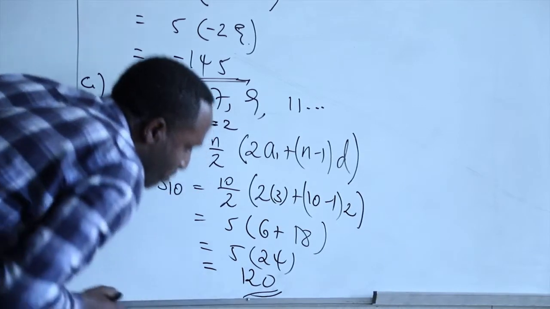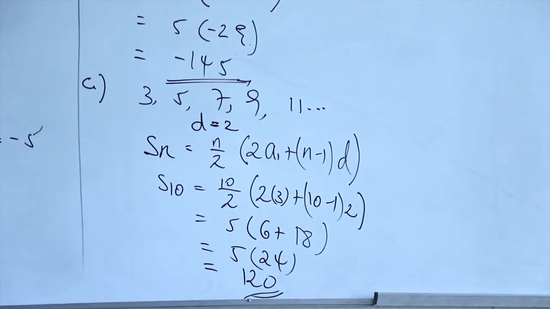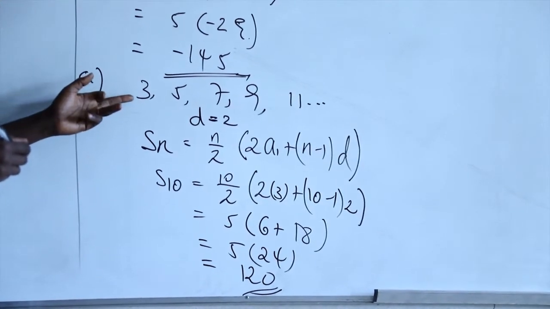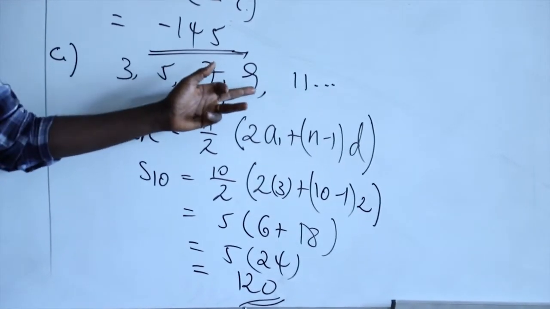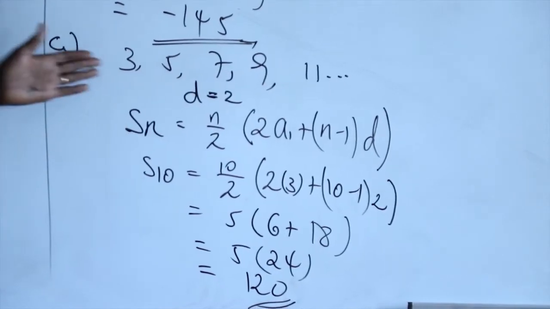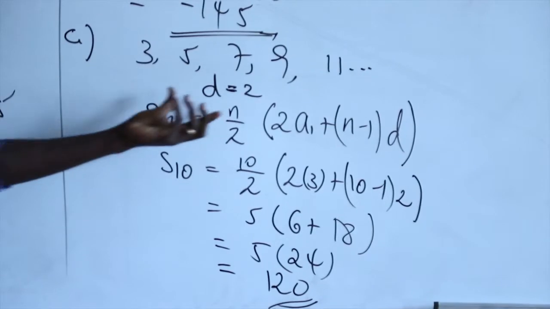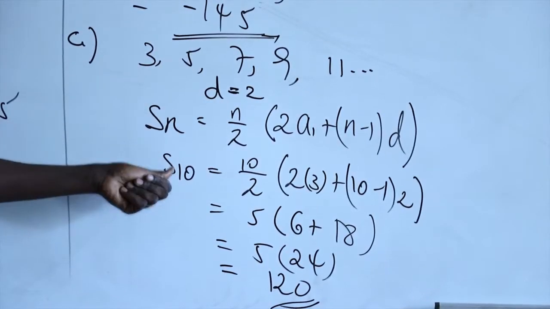So our answer, the sum of the first 10 terms of the sequence 3, 5, 7, 9, 11, etc., which is an arithmetic sequence with the first term 3 and common difference d of 2, is given by S10 equals